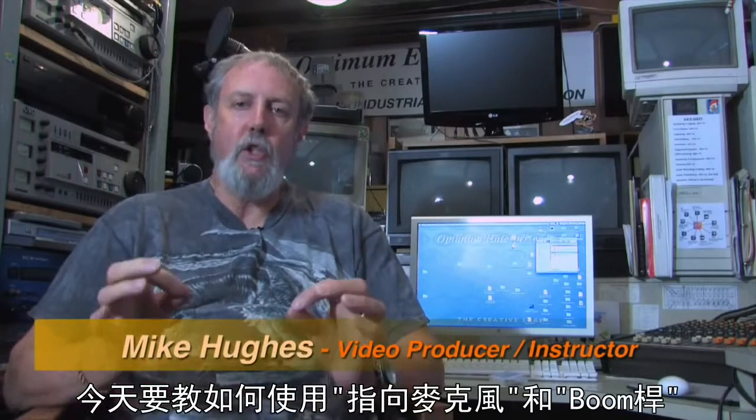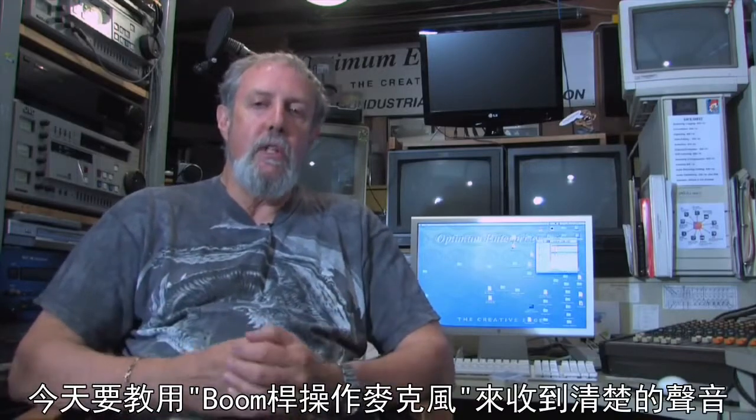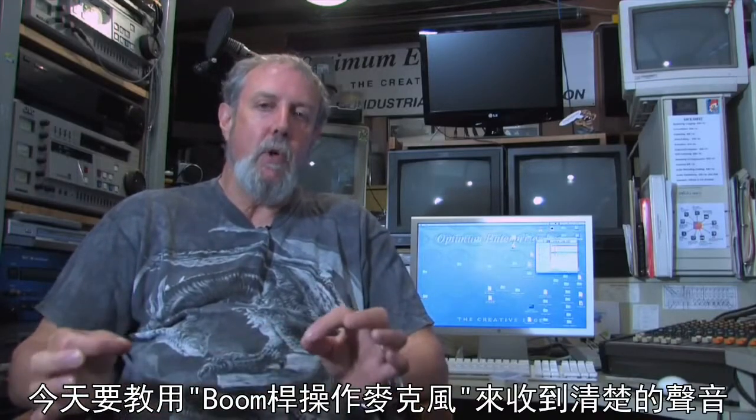This is how to use a shotgun microphone on a boom pole. Now, instead of using live actors for this particular quick tip, I've decided to use an illustration program which I just love called DAZ 3D. It uses 3D characters for both illustration and animation. It's just great. So we're going to use those to demonstrate how to use a microphone on a boom to